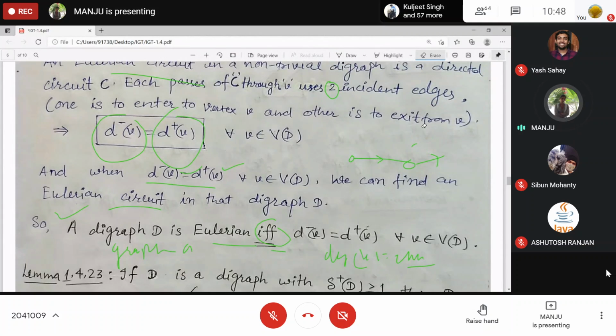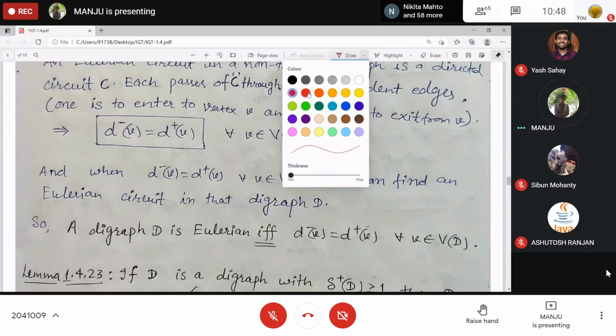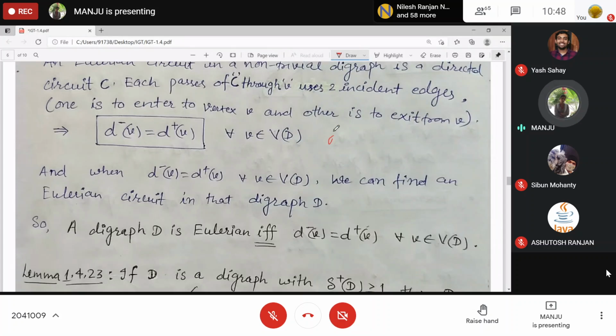Okay. And we had one more thing, that whenever the degree is at least 2, does there exist any cycle? G contains a cycle. If the degree is at least 2 in the graph G for every vertex, then G contains a cycle. Some C will be a subgraph of G. Clear? This we proved by using a maximal path.